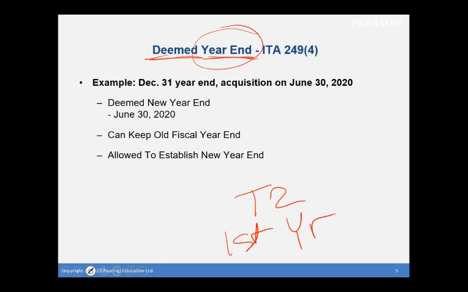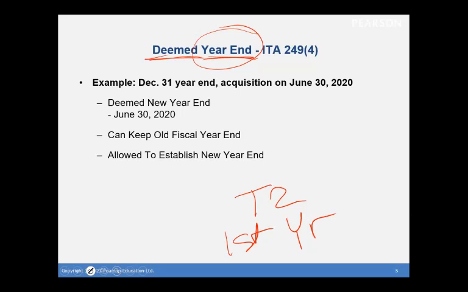There are many different reasons why you may choose a different year end date, but it's not always going to be December 31st. So you'll set that at the beginning of the company, and generally speaking, maintain that until there's an event that causes a need for a change. One example of that would be the change in acquisition of control. At that point in time, we have to have a firm cutoff.